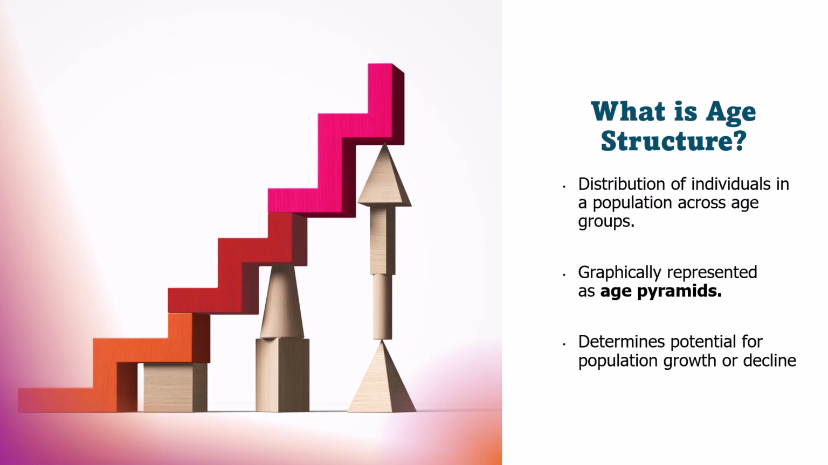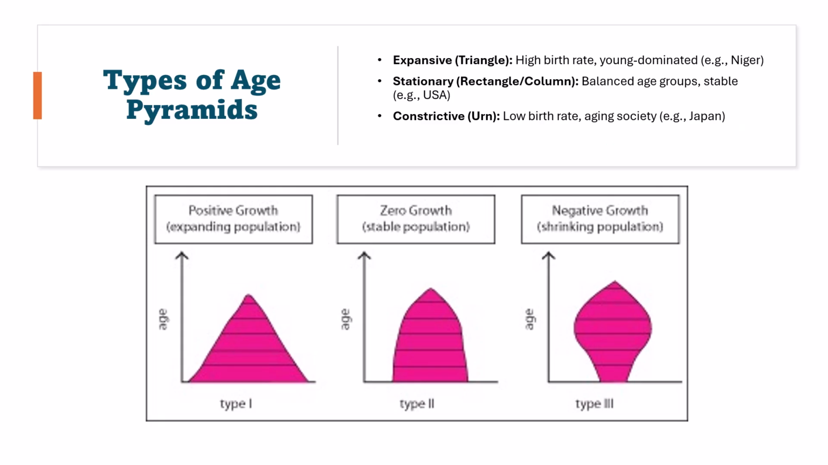It's like looking into a demographic crystal ball. The three common shapes of age pyramids: first, expansive, with a wide base representing a population with a high birth rate and many young people, like Niger. This is the first type, type 1, the expansive pyramid. Then the stationary, type 2, is more rectangular, indicating balanced birth and death rates, seen in countries